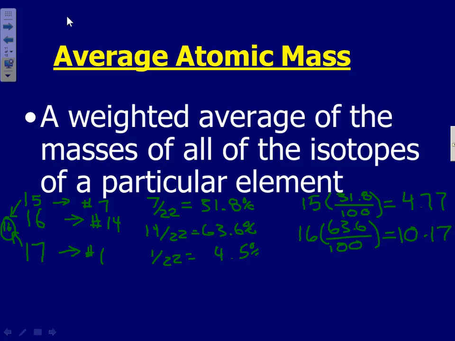Now 17 times 4.5 divided by 100. And what value of the average is due to our 17-year-old? That's okay. We needed a 17. If it's just 15 and 16, it wouldn't be fun. 0.765. Add them up, and we will have what is called the weighted average that takes into account the amount